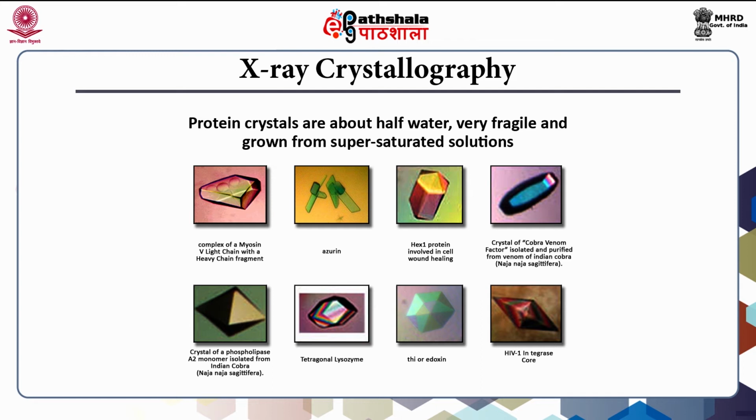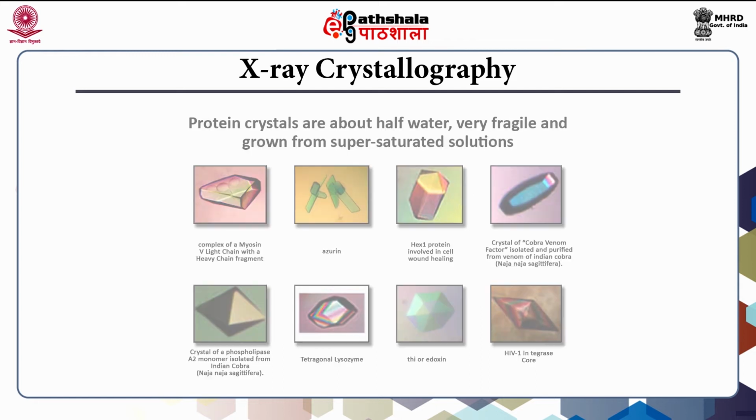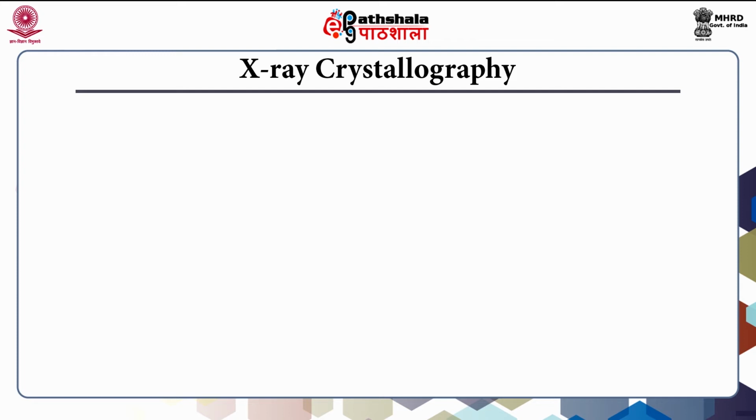Here we can see on the extreme right side of the second row the crystal structure of HIV1 integrase core, and this HIV1 integrase core looks like a very colorful, beautiful structure. Here we can see different protein crystals having beautiful colors, which are isolated from the individual proteins. So far we have discussed the protein crystals, and now we are going to discuss the next requirement,